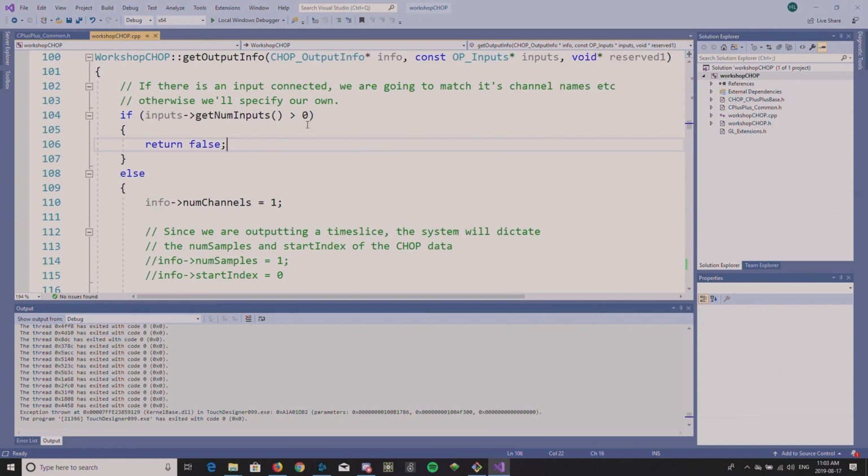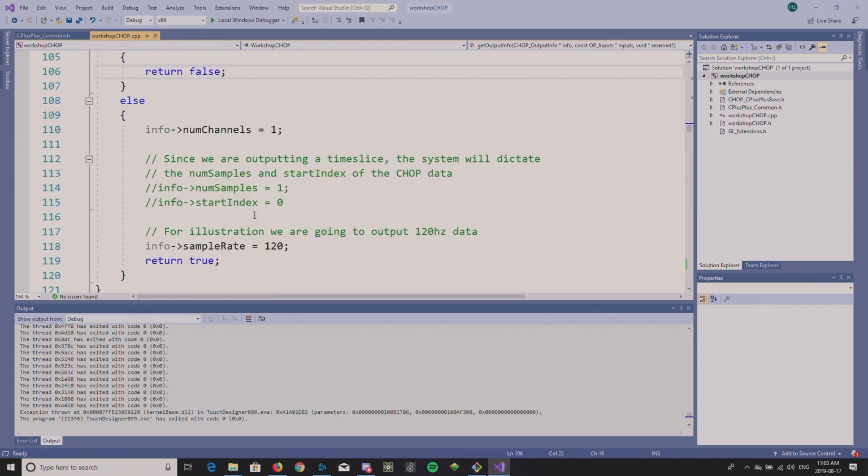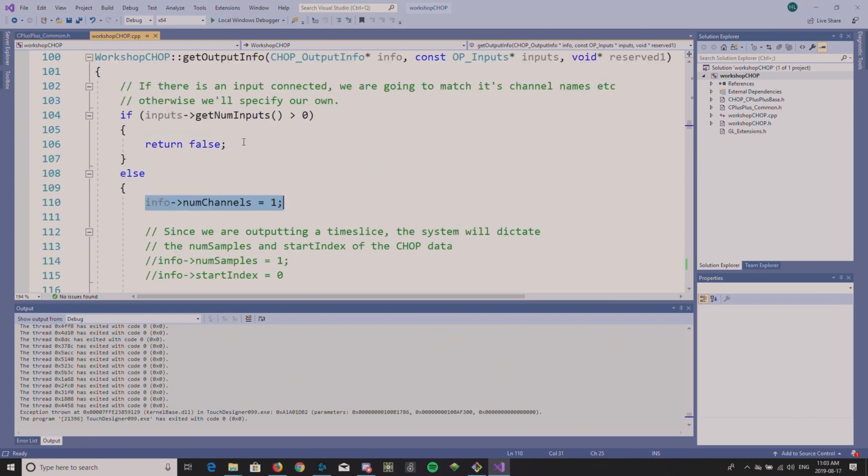If you return true, like in the other place, you basically create all the channels by yourself. So this can be important. For instance, if you create your own object, you can do it here. So right now, since we want to combine all the chans together inside one chan,